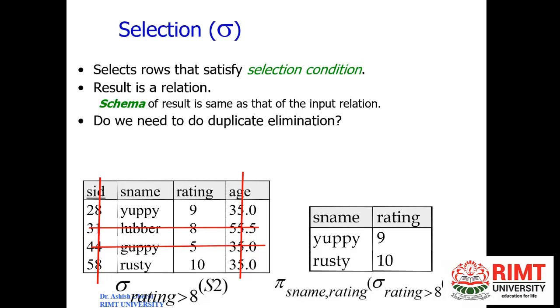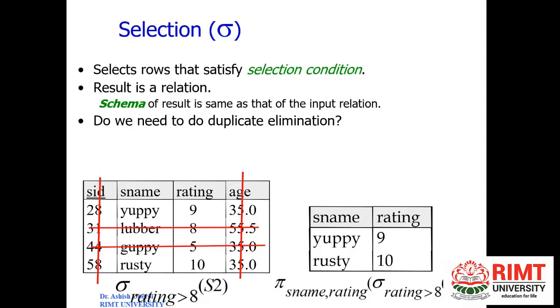First of all, we are talking about the inner query here. The inner query will retrieve the records of all the customers, or the students we can say, from the relation S2 whose rating is greater than 8. Clear? So first of all, the inner query is solved. Note it down: in a complex query, first the inner query is solved, then the outer query is solved. So this is the inner query and this is the outer query, where we are using projection. In the inner query we are using selection.